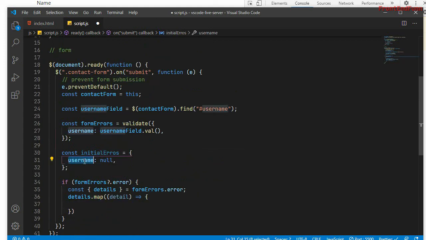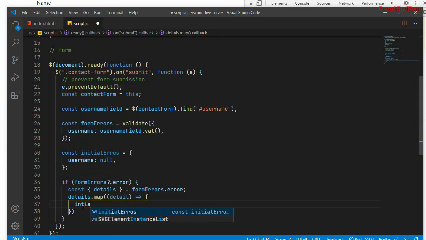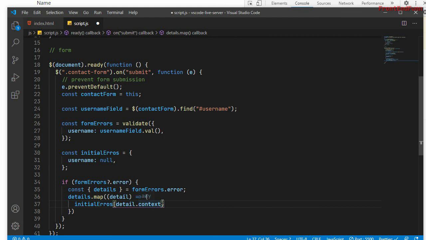Initial errors has the same key here, username. So I can just write initial errors of detail dot context dot key is equal to detail dot message.